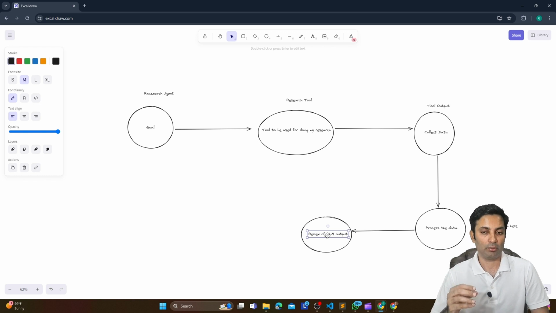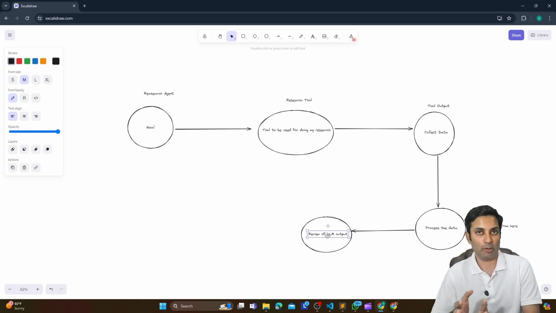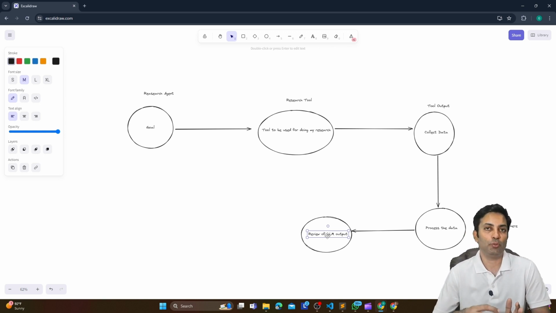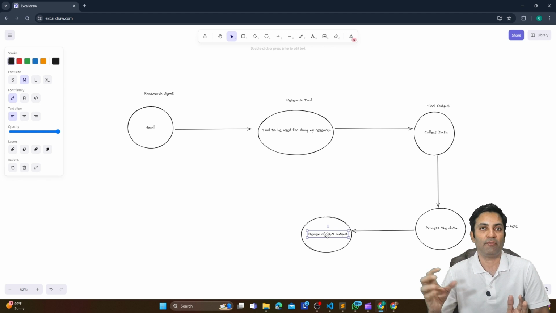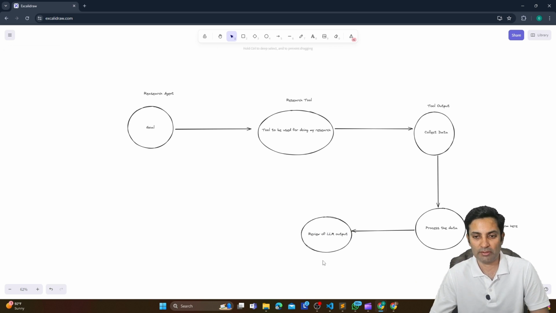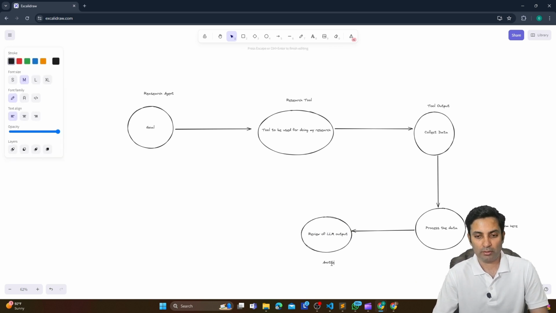Although this is less manual work, it will not take hours for me, but even if it takes some time, a few minutes, or maybe half an hour, that can also be avoided if I deploy another LLM to review the output of the first LLM or the AI. When I say LLM, it is nothing but the AI agent. So here we mention: another AI reviews output of